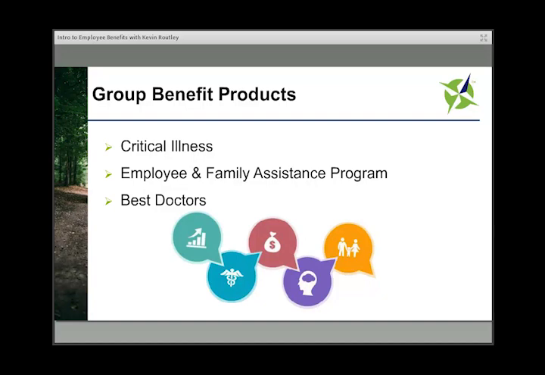As well, other group products, and probably the one I find to be the most important and the most feel-good benefit that I see within a benefit program, is critical illness. Critical illness is a lump sum payment after somebody survives a listed critical illness for 30 days. For the most part, the big three are heart attack, cancer, and stroke. And I'm sure we can all think of friends or family members that we've lost from one of those three conditions.